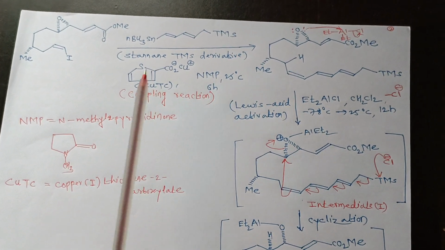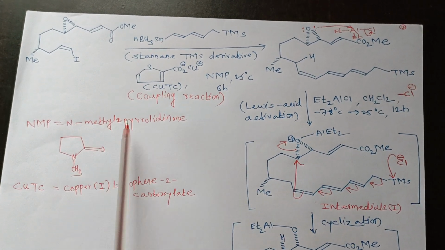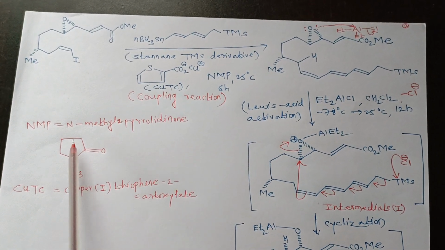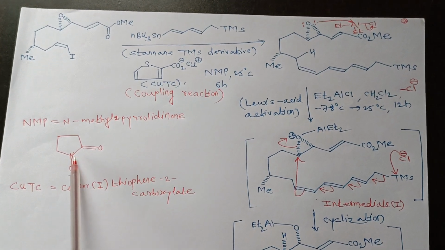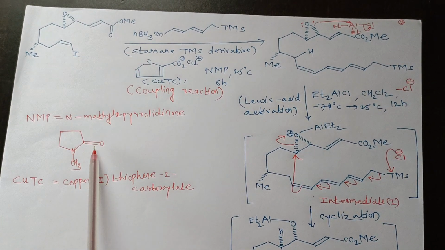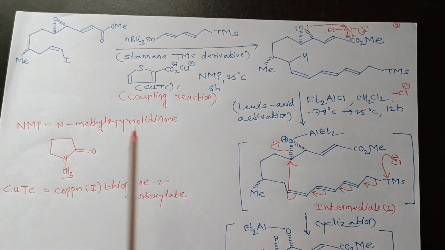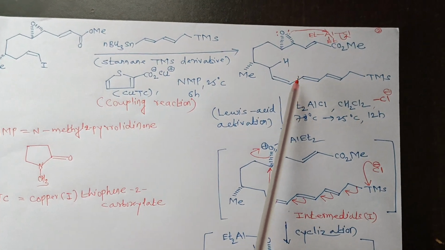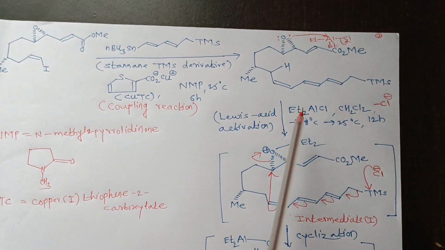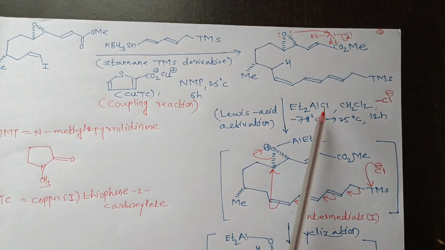NMP means N-methyl-2-pyrrolidinone. This is the structure of NMP. There is presence of a 5-membered ring in which there is one nitrogen attached with a methyl group, and adjacent to nitrogen there is presence of a carbonyl group. Therefore this is called N-methyl-2-pyrrolidinone. So this compound, that is the carbon-carbon coupled product, on further reaction with a Lewis acid such as diethyl aluminum chloride,